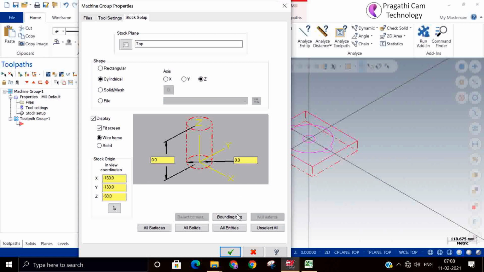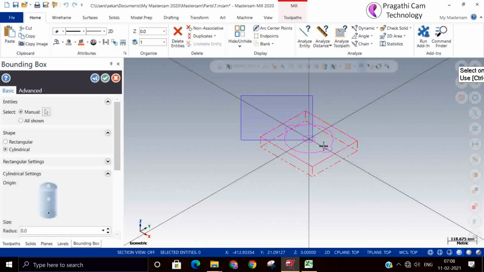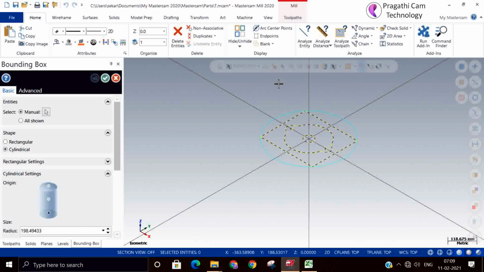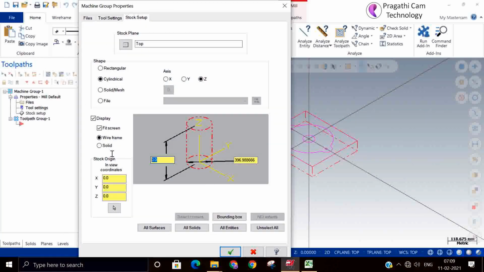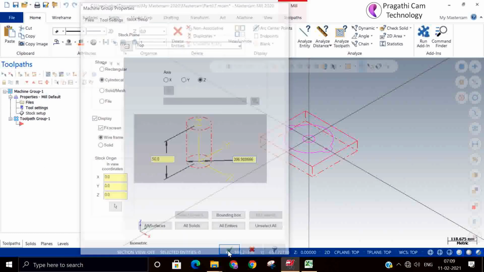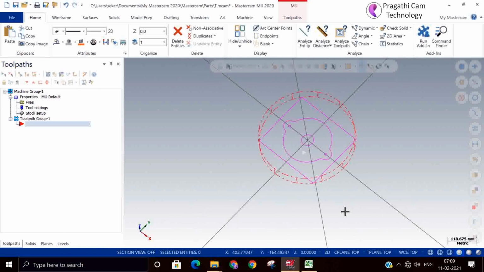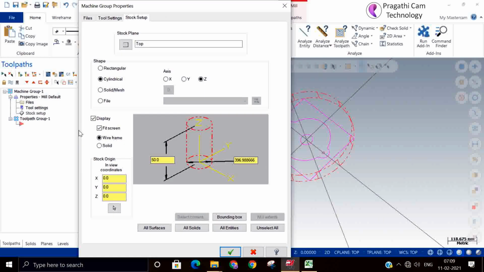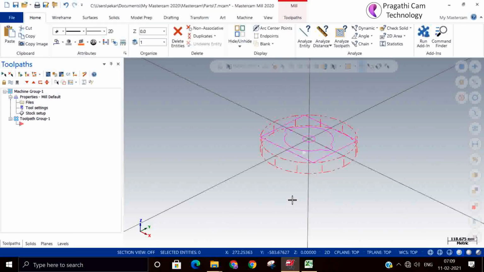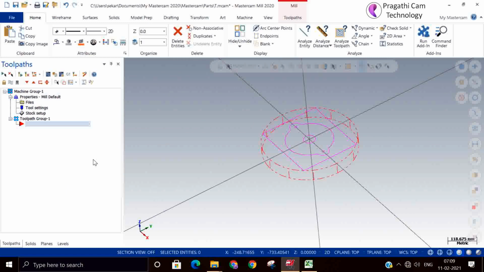You can define a cylinder stock also. Suppose you want to specify a cylinder stock for this, that also you can do. Now you can see that this is made a cylinder stock here. I will make it a minus, which means it is above the 0. So you can define a cylinder stock also like this.